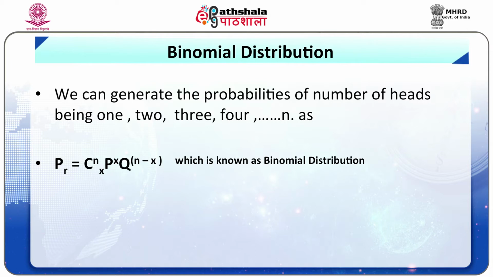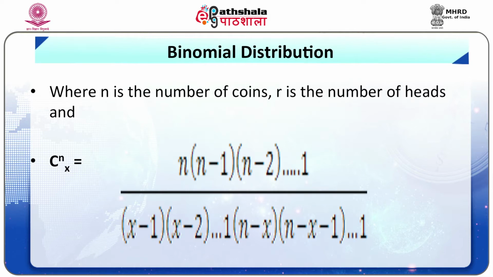Now, this is the equation in which if we put the values of n, x, p, q, etc., it will generate the probability of getting x number of heads out of n coins drawn together, in which n is the number of coins, r is the number of heads, and nCx is an expression